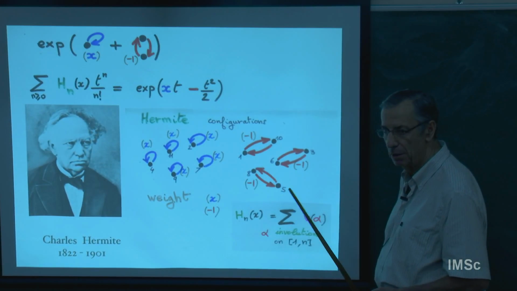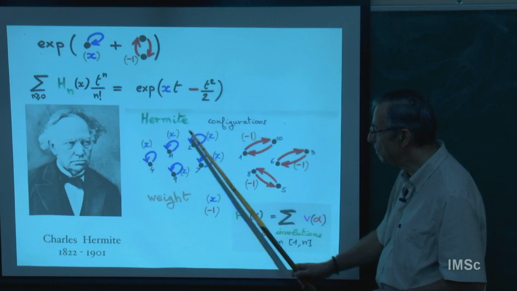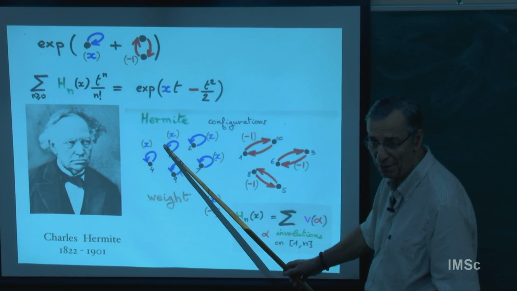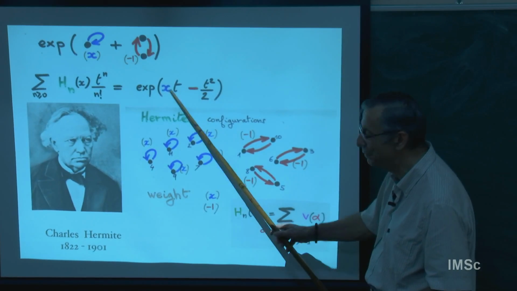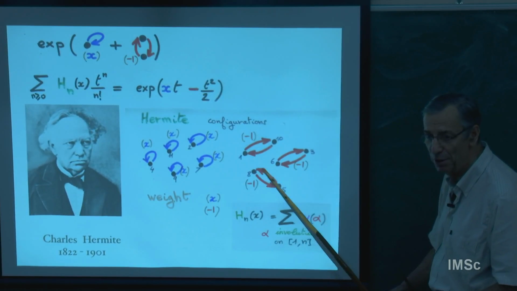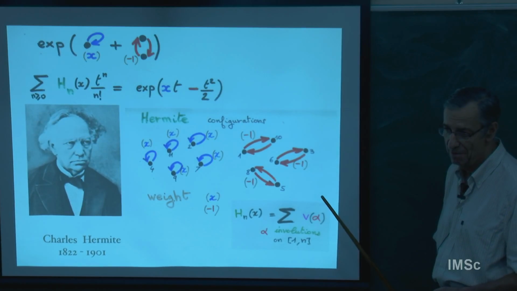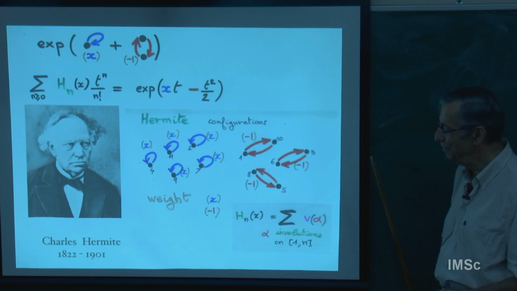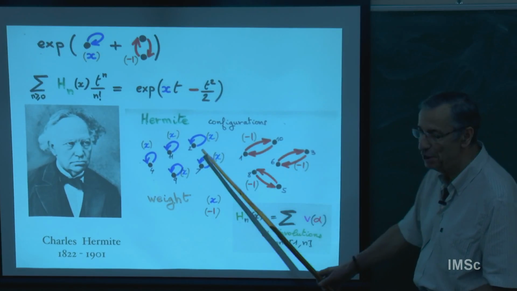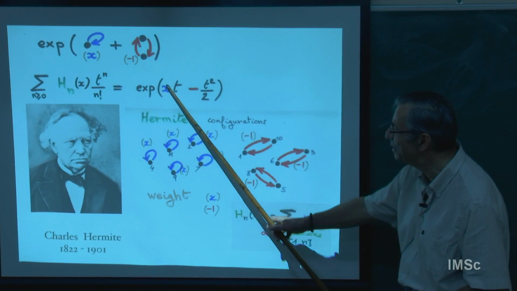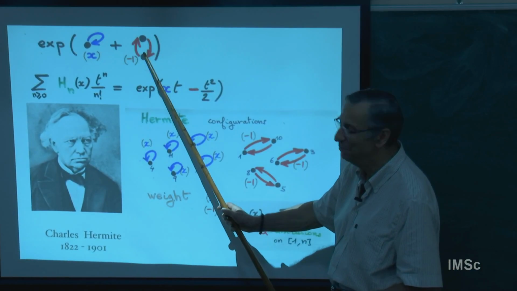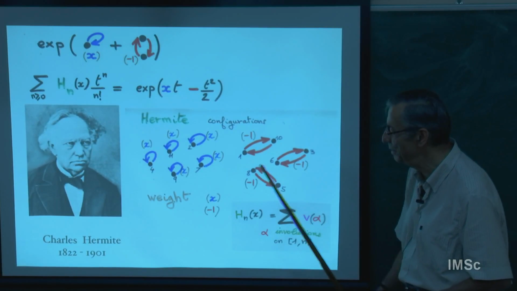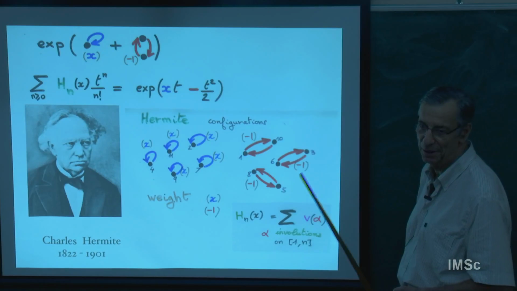You can say that a Hermite configuration is a sum of two species. This is the set species, a fixed point on each point. This is the set; it's equivalent to a set. So this is x power the number of elements of the set. And this is the species of involutions with no fixed point, which is an assembly of cycles of length 2. Or you can say it's an assembly of things which is a sum of these two species, and you take an assembly of things like this, which can be a point or it can be a cycle.